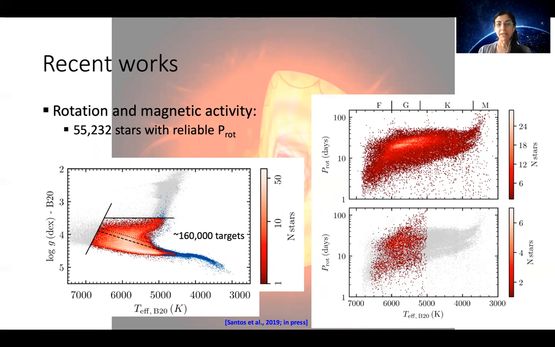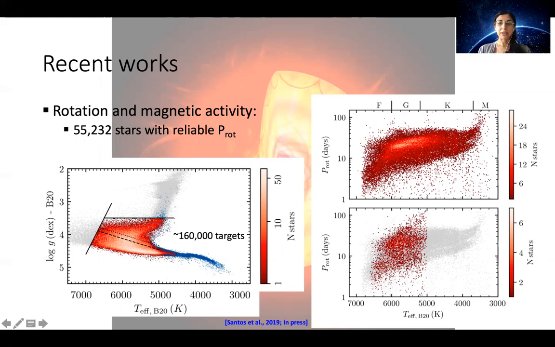And by applying our pipeline and the machine learning, we finally detected reliable rotation periods for more than 55,000 stars, which makes it the largest catalog of rotation periods with Kepler. And here you have the rotation period as a function of the effective temperature for the main sequence stars and for the subgiants. You can see how for the subgiants we now have these nice slow rotators that were not